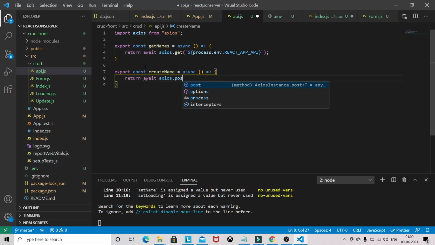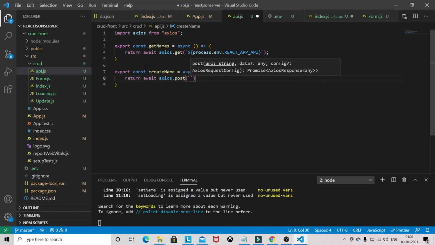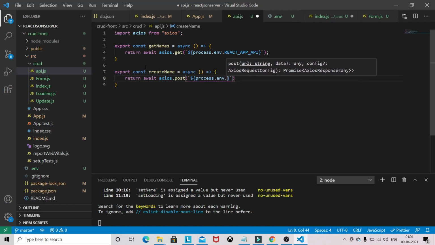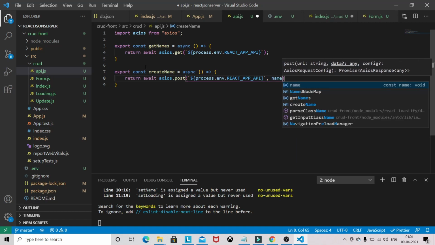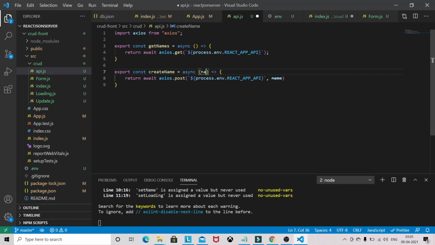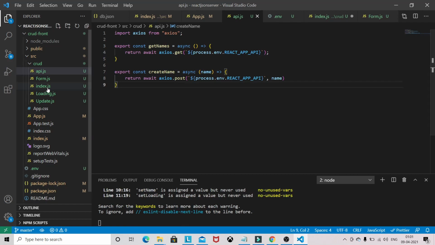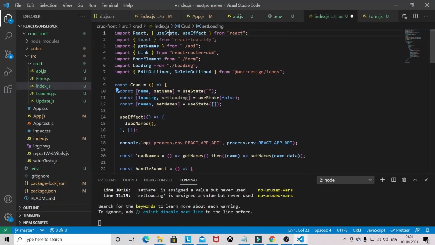This will be the post request, using process.env with the URL, and we will be passing the body name. So we will be receiving this name. Now come back, and from API just import createName.